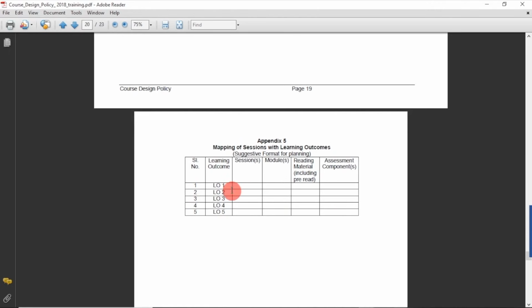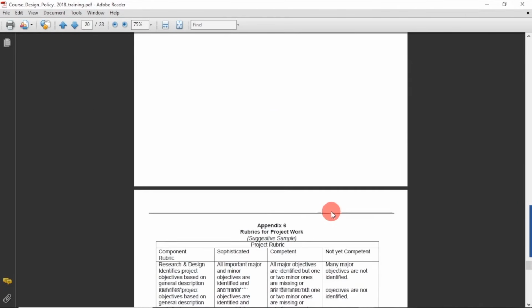used for achieving learning objective 1, how many sessions for learning objective 2, in which module, which type of learning outcome is being used, what study material or exercises you are going to use to achieve that particular learning objective, and finally, how you are going to use the assessment component to assess whether that learning outcome has been achieved or not. So this is a very important thing which we must take care of, because when we are trying to achieve learning outcomes in the class, ultimately we'll come to know, once we are able to assess them and find out whether that type of learning outcome has really been achieved by the student or not.